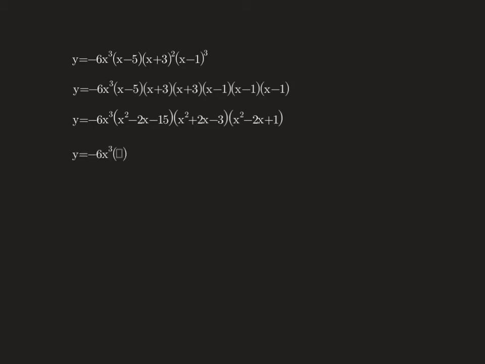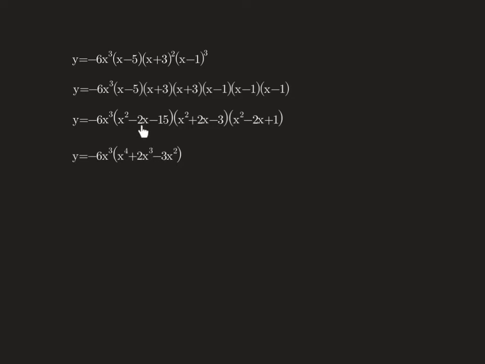All right, here's where it's going to start getting ugly. I'm going to multiply this degree 2 polynomial with this degree 2 polynomial, and those two together are going to become a degree 4 polynomial, as you see. Now the way to do that, I'm going to say x squared times x squared, which is x to the power of 4, x squared times 2x, which is 2x cubed, x squared times negative 3, which is minus 3x squared,